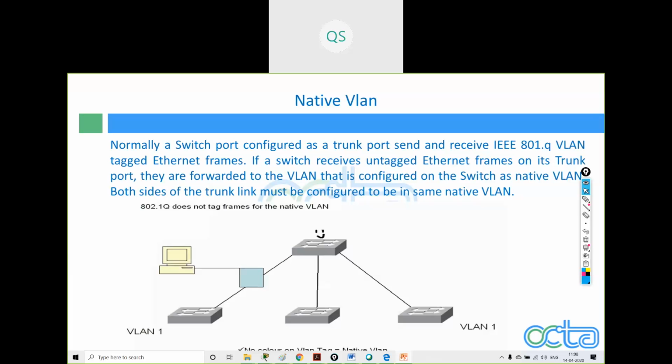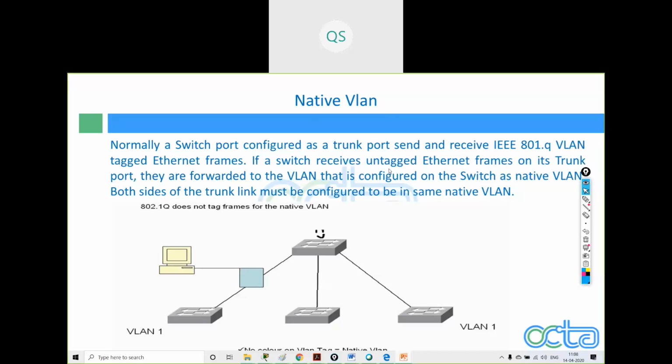Whenever we are tagging a port as a trunk port, it will carry multiple VLAN information, right? Now if a trunk port receives information that does not have a tag, then the switch will forward that traffic to the port that is under the native VLAN.